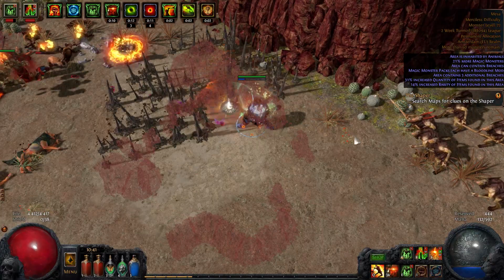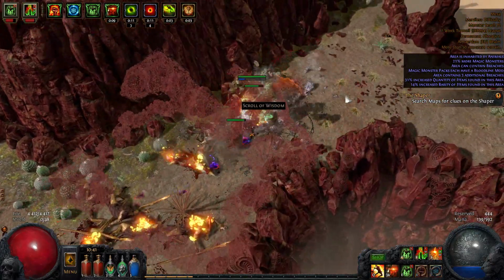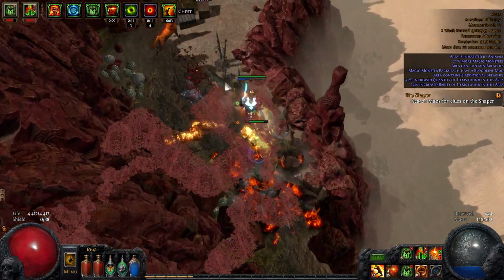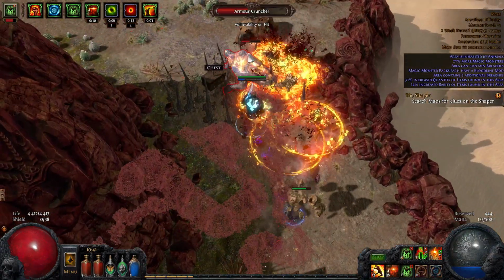Wait, Ground Slam? But Thunder has more damage and more range. Maybe this build has some gimmick to make Ground Slam better? Or maybe some cool mechanic? The answer is no. This video is intended for new players or players who don't like thinking about what to